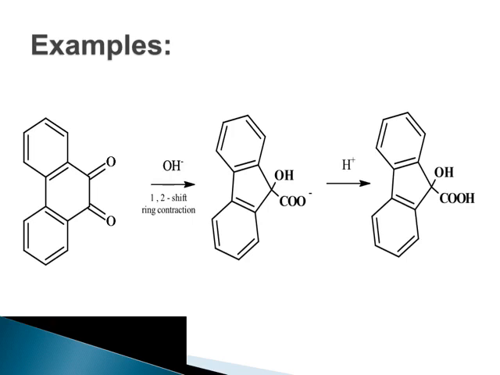very easy. OH minus will attack on any one of the carbonyl carbons, oxygen will acquire negative charge, sigma electrons will shift and you will get this product via acidification. So the mechanism is similar to the previous one, you just have to put two benzene rings.